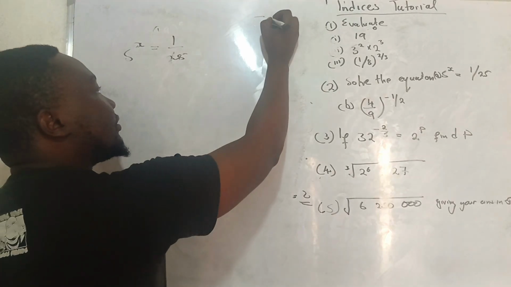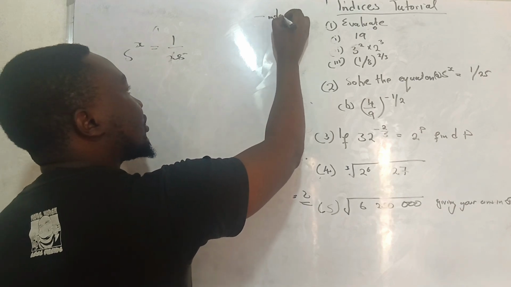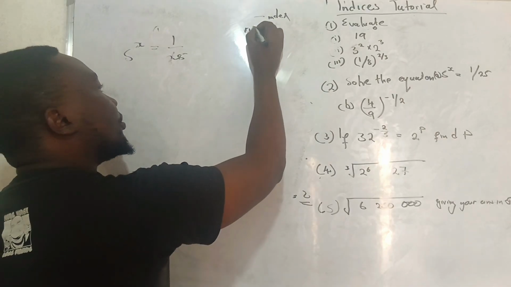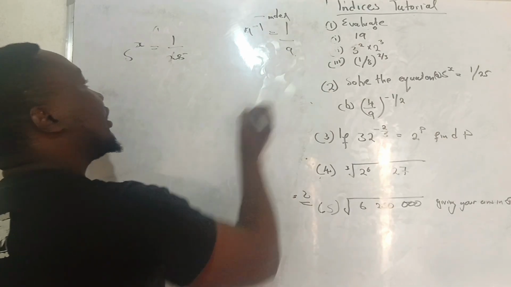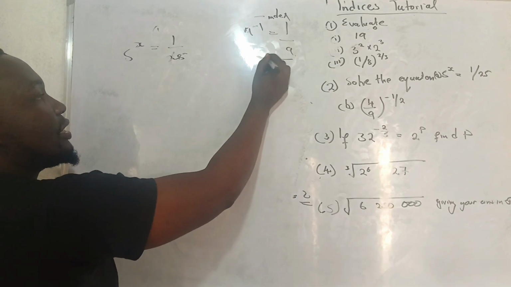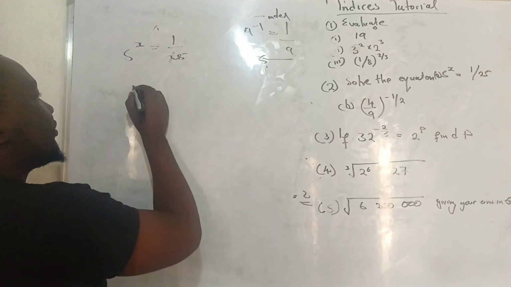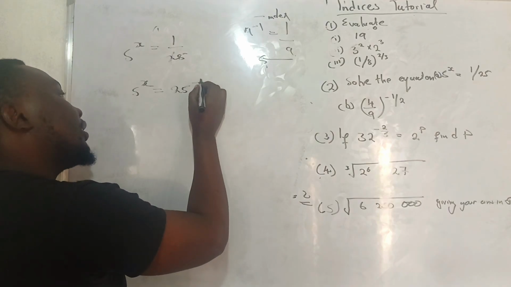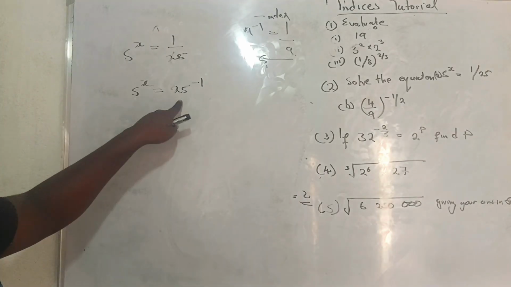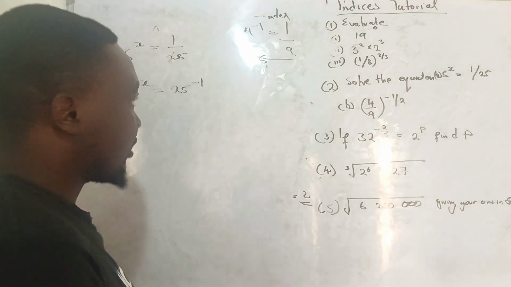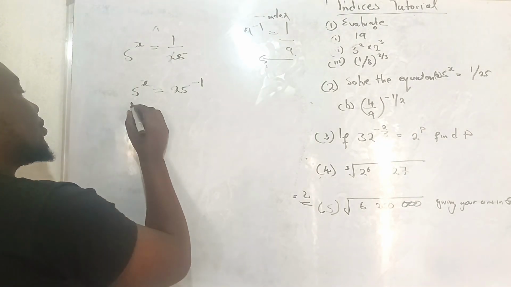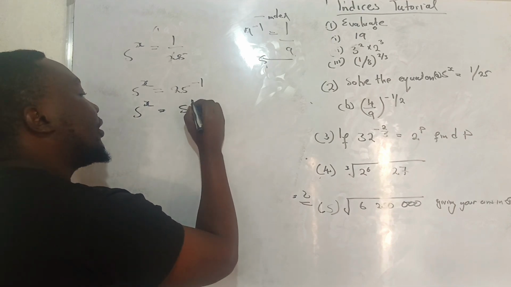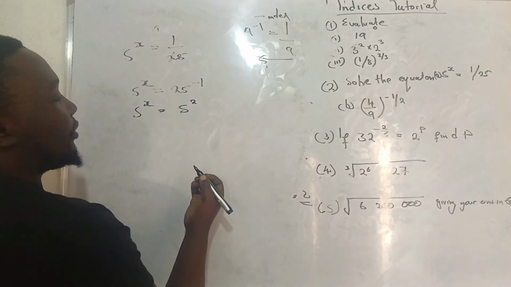Remember the negative index, which states that a to the power negative 1 is equal to 1 over a. So you can reverse this negative index, right? So let's reverse. 5 to the power x is equal to 25 to the power negative 1. Let's try and make the bases similar. So you have 5 to the power x is equal to 5 to the power 2. 5 squared is 25, 5 times 5